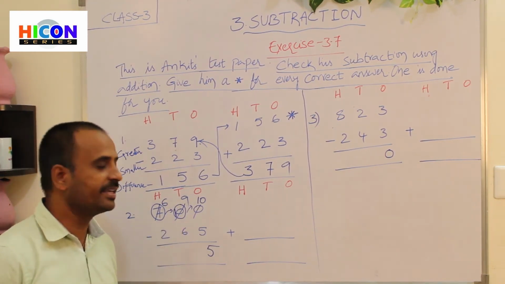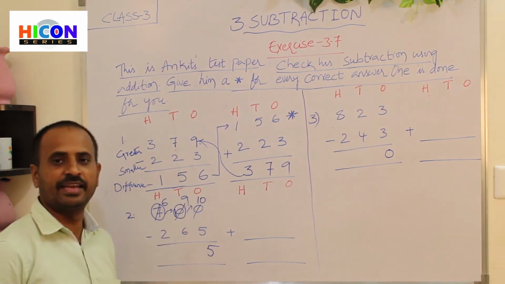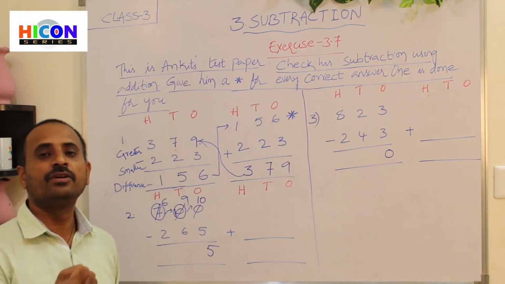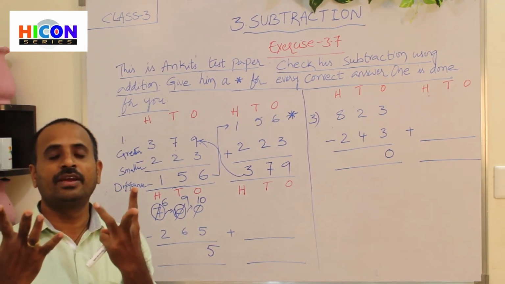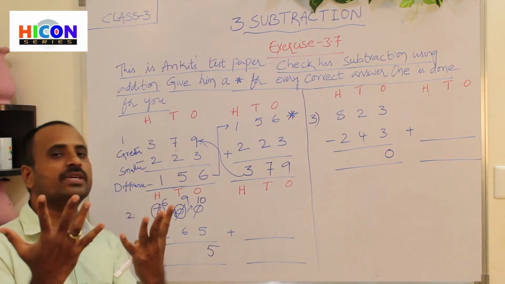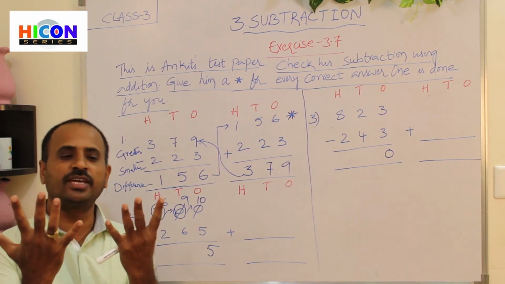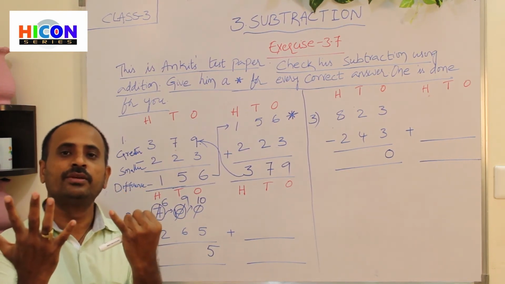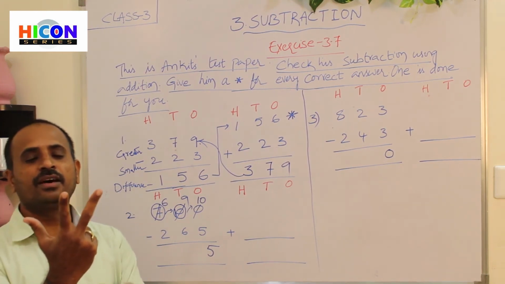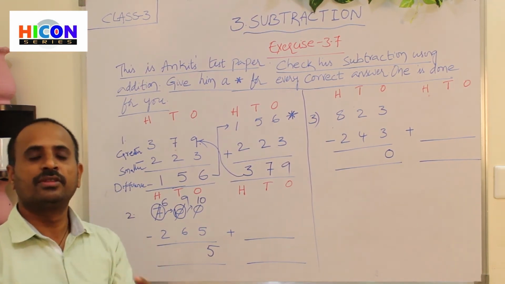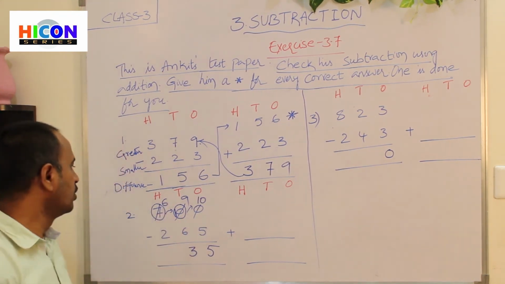Next, go to tens place. What are the digits present in tens place? 9 and 6 are present in tens place. What is the first digit here? 9. So open 9 fingers of your hand. 1, 2, 3, 4, 5, 6, 7, 8, 9. And what is the second number? 6. So close 6 fingers among these 9 fingers. 1, 2, 3, 4, 5, 6. So how many fingers are there remaining? 1, 2, 3. So 3 fingers are remaining. So write 3 here.